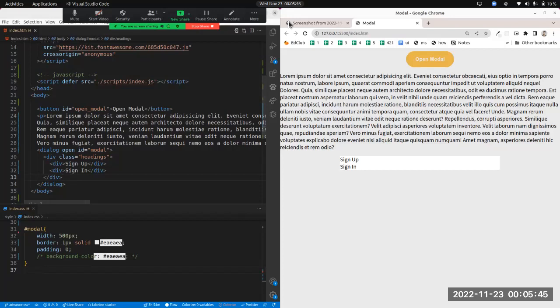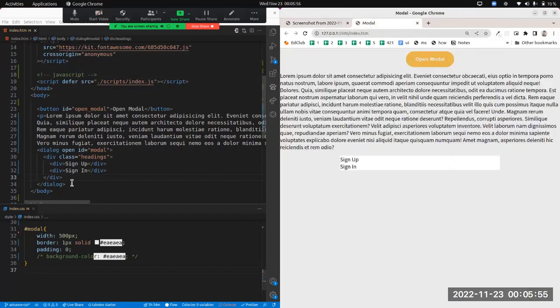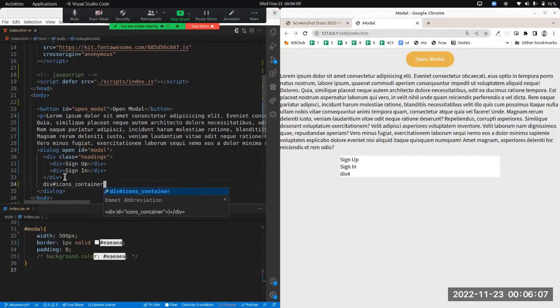So you can see in this there are some icons here. So what we need to design this? To design that, you need to give one container for icons. So let's give the id icons container,